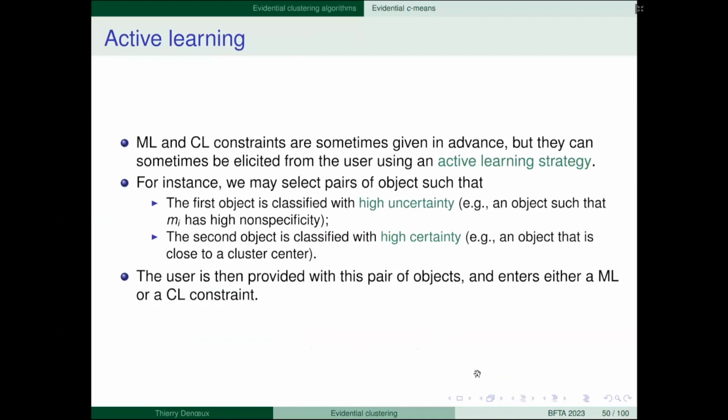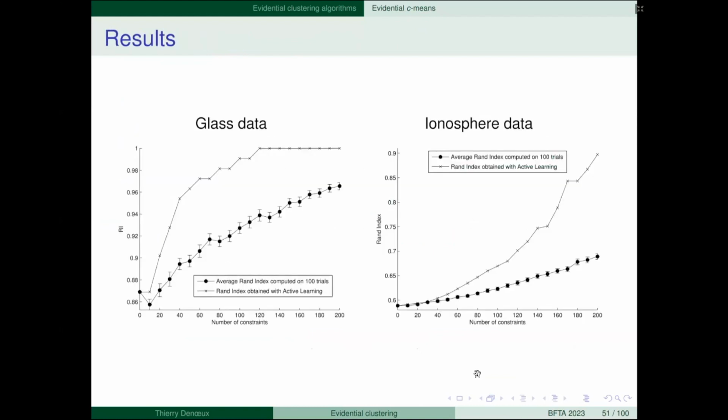You take a pair such that the first object is classified with high uncertainty, and you pair it with an object classified with high certainty, for example close to a cluster center. So you take one object for which you're pretty sure which group it belongs to, and an object for which you're quite unsure. Knowing whether these two objects are in the same class or not is very useful information.